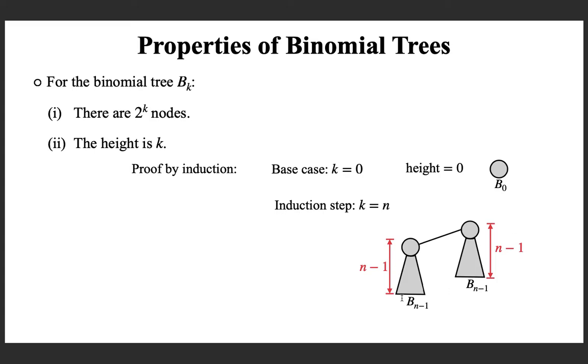And so what is the total height? If you look at this, you will have a height of n minus 1 plus 1 edge will let you get a height of n. So this is n minus 1 plus this edge, and thus we are proving that for the induction step when k is equal to n, the height is obtained as n, and hence by principle of mathematical induction, for all values of k greater than or equal to 0, the height is k.